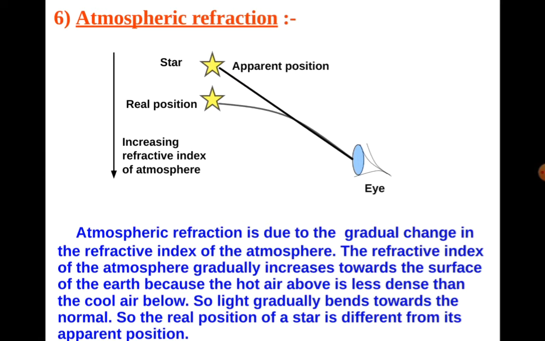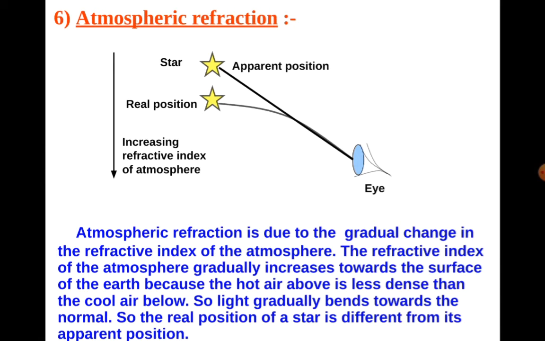Atmosphere is the ocean of air around us. It consists of different layers of colorless gases having different densities at different heights, and air near the earth is denser, very thick compared to the air at higher altitudes. The density of air gradually decreases as we move towards higher altitudes. That is why when we walk in the mountains, we feel a little discomfort in breathing, right? Therefore the refractive index is also not uniform throughout, they are different, right?